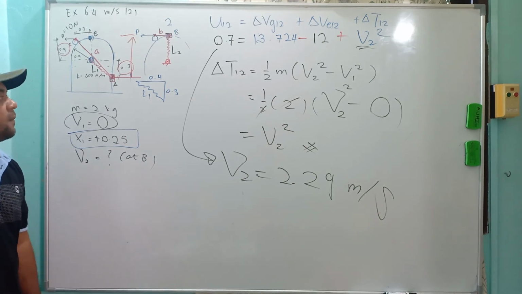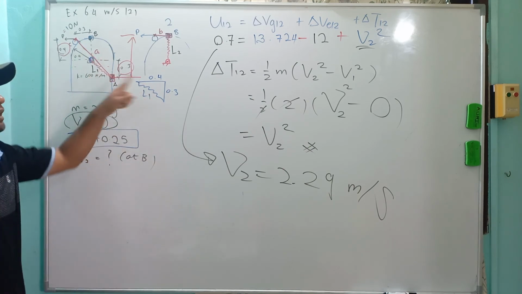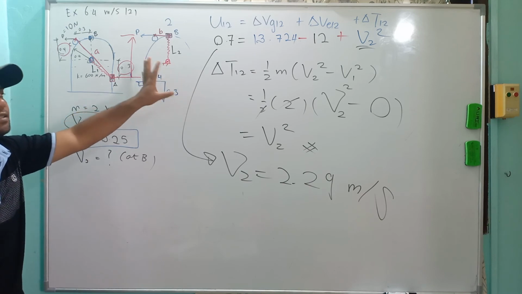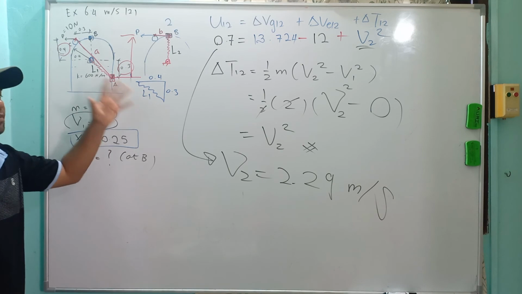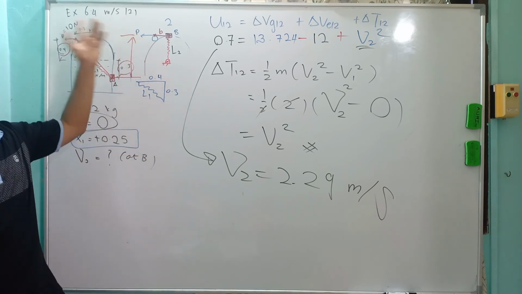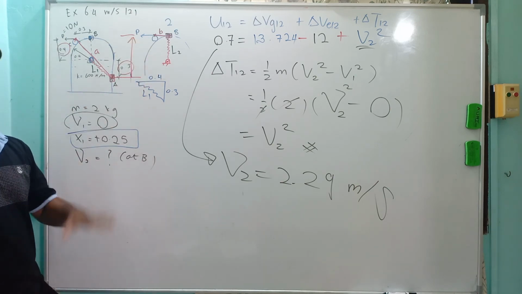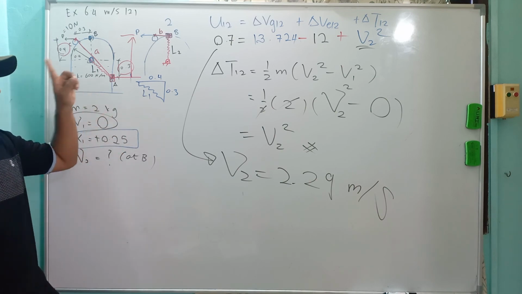Okay, so again, first step, identify position 1 and position 2. If it is not given, you have to at least draw a simple one to make sure you know what is position 1, what is position 2, what is the force involved, what are the components like the spring, the cable and so on. So you have to draw the position 2. If it is already given to you, you just use that one. Okay, that is the first step.